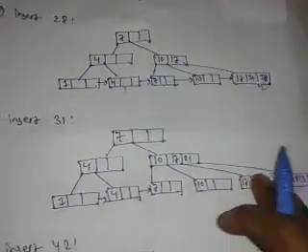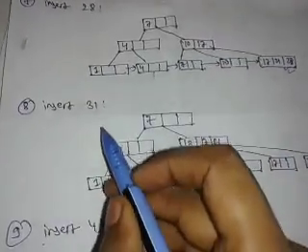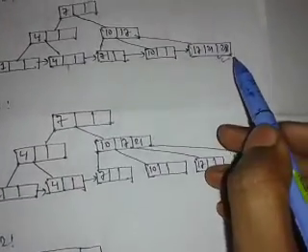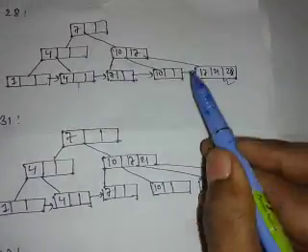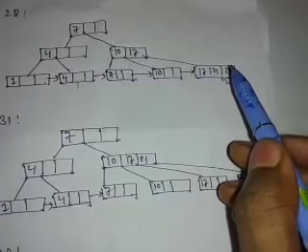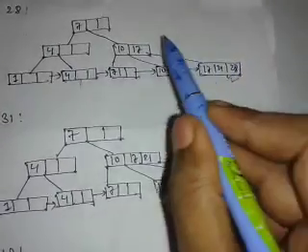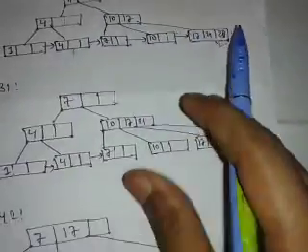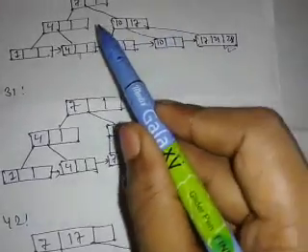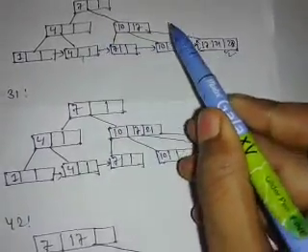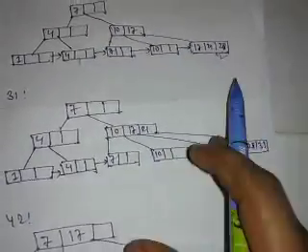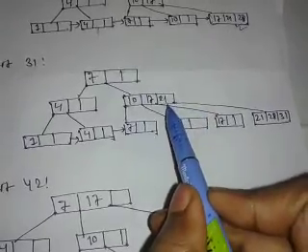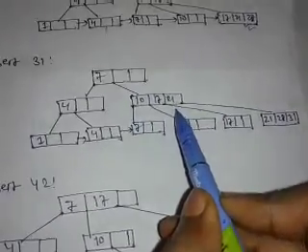Now the next element we need to insert is 31. So we see that if we insert 31 here, the same condition is violated. So we need to put 31 upwards in the upward node. But if we see that in the upward node there are only 2 elements, so we can insert one more element. So 21 can be easily shifted here without any problem.